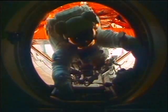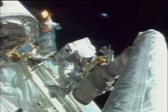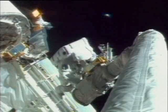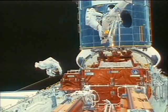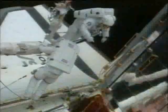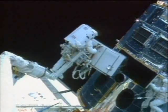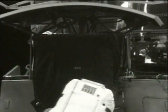Good morning. The astronauts float into this hostile landscape, a long list of repairs ahead. The blackness of space surrounding them makes it easy to forget this is a high wire act, 330 miles above Earth. Story Musgrave and Jeff Hoffman change out the telescope's wide field and planetary camera. This is Hubble's main camera. Okay, easy to keep it centered. Just fingertips. Focusing it with a small mirror at the end. Stars are born. You can accomplish